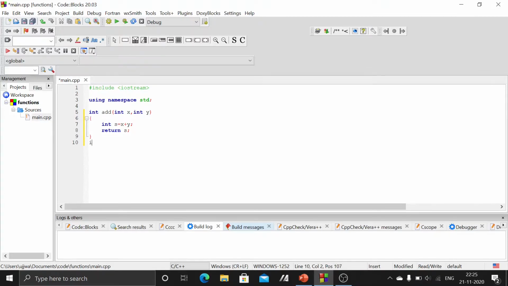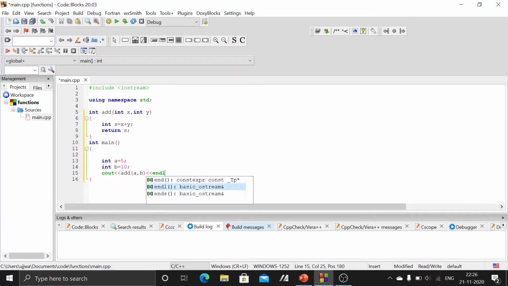Before that I'll just write the main function. First of all we'll give some random values, int a equals 5, int b equals 10. Now I'll call cout, add function. I'll pass the values a and b. Now when I run it,